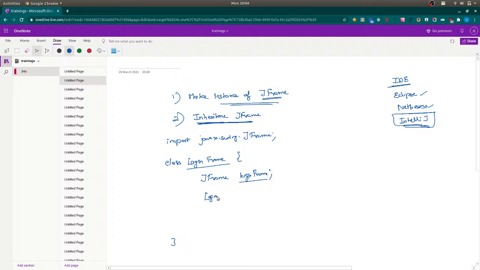So we'll have a constructor of login frame, right? And inside this, we are going to initialize my frame, right? And after that, I can write some configurations of the frame. So let's write some config also. Okay. After doing this, when I run this project, I need a kind of driver class or my client who